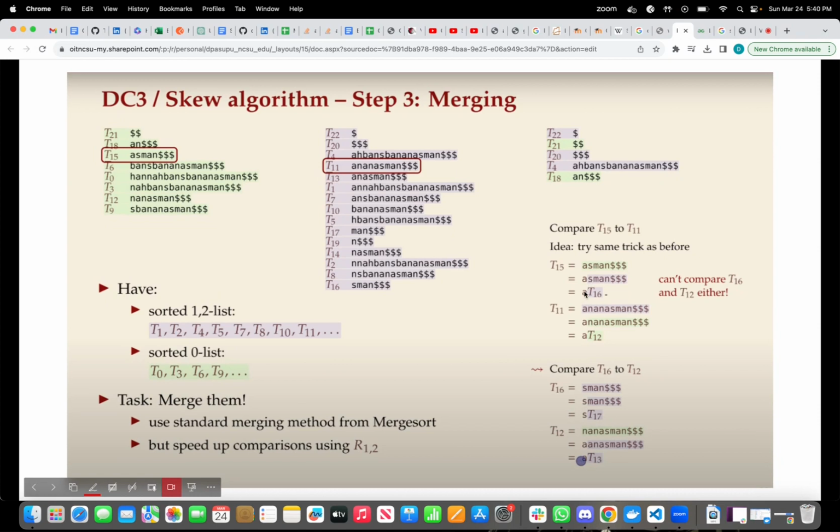We will only consider the first character and the rest as T16. This is the first character and T12 as the rest, the second string. But in the case of T16 and T12, we can't compare them like that. We can't compare T16 and T12 either,